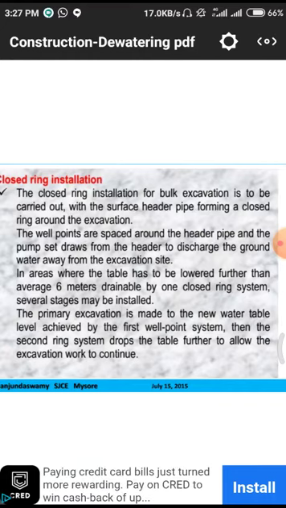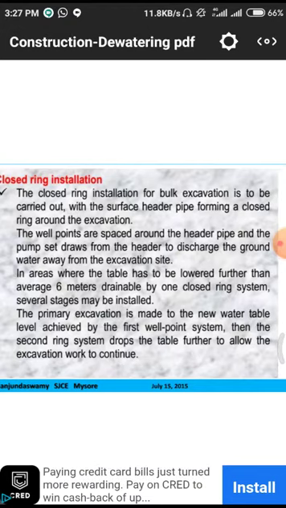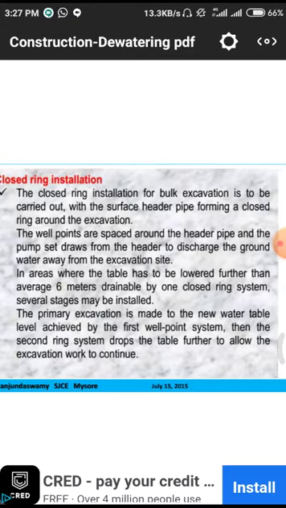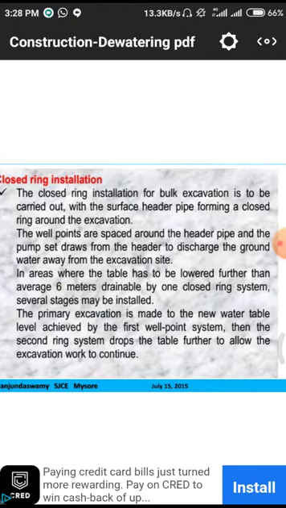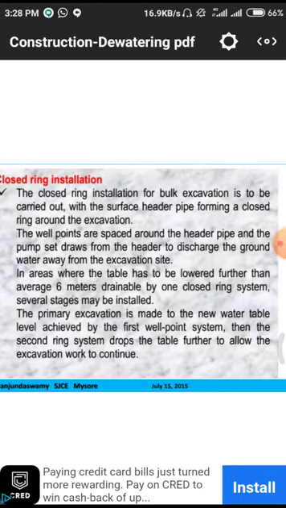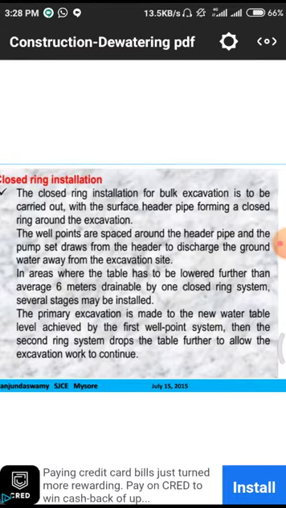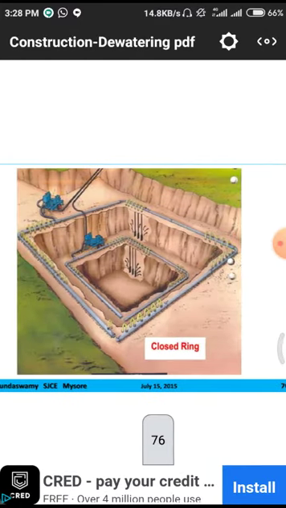That means first of all the primary excavation is made to the new water table. Why? Because in that particular new water table we have a full quantity of water. But in the case of the old water table there may be some decrement of water, so it is not sure that there will be a collection of water at the old water table points. But in the case of the new water table, automatically the water will be at a static position. Due to these riser pumps and main pumps we need to collect the water in a constant mechanism.